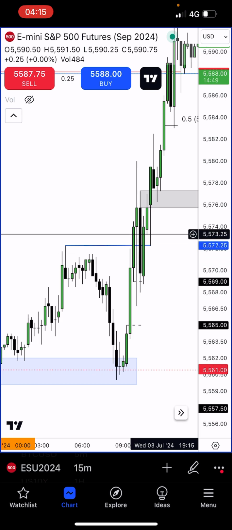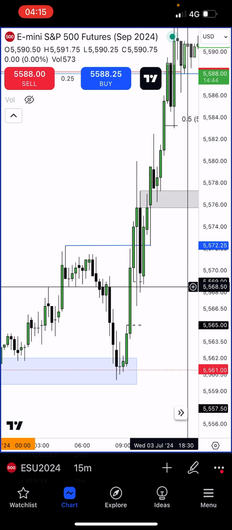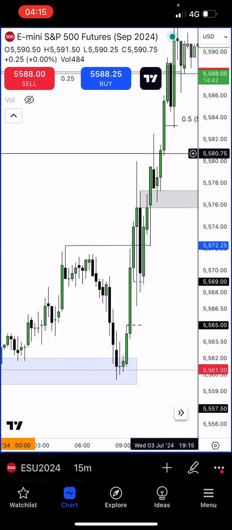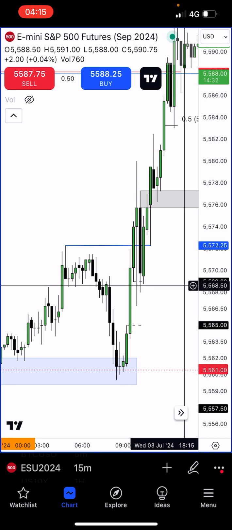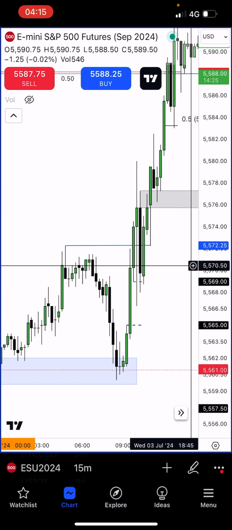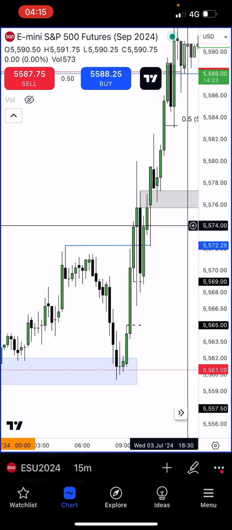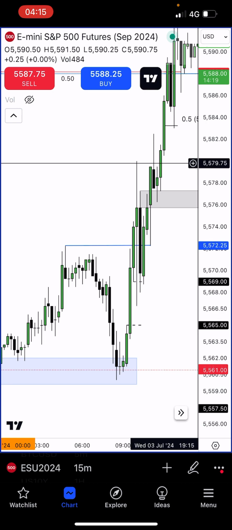And the goal would have been to ride it up into it. Remember, if I'm placing my order at 569, then I'm taking my profits at 580. So that's over 10. You see where I'm coming from? That's a lot of handles in a short space of time, but we're only aiming for 5. So if I'm placing my orders there, then maybe I'm coming out at 569 or 574. 574 is there. See what I'm saying? One contract off there, another contract off there. Simple, call it a day.